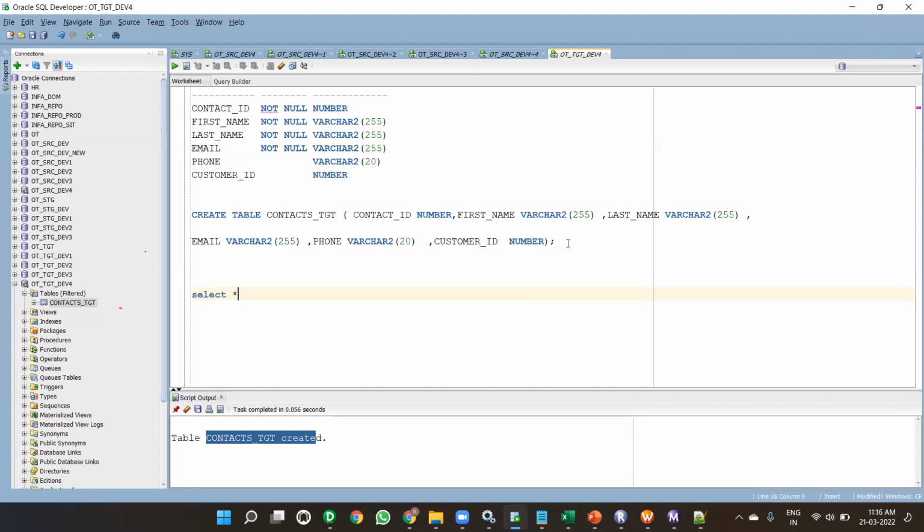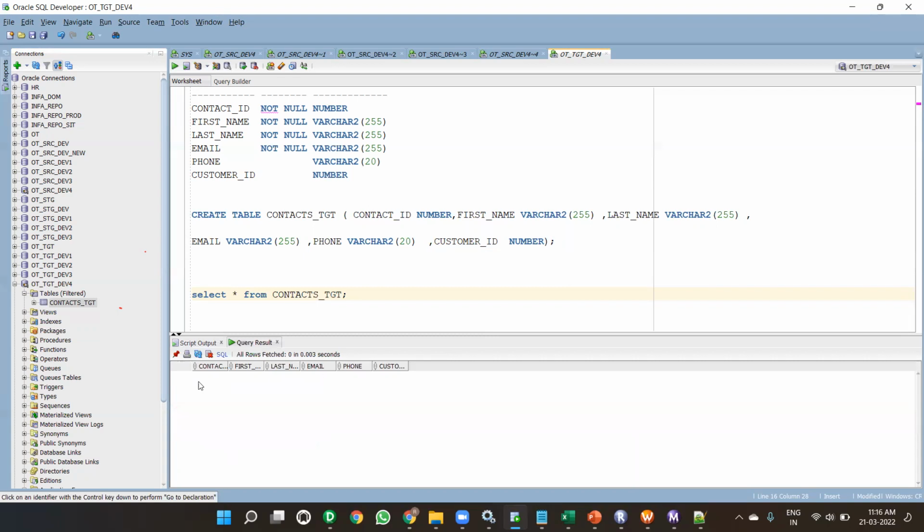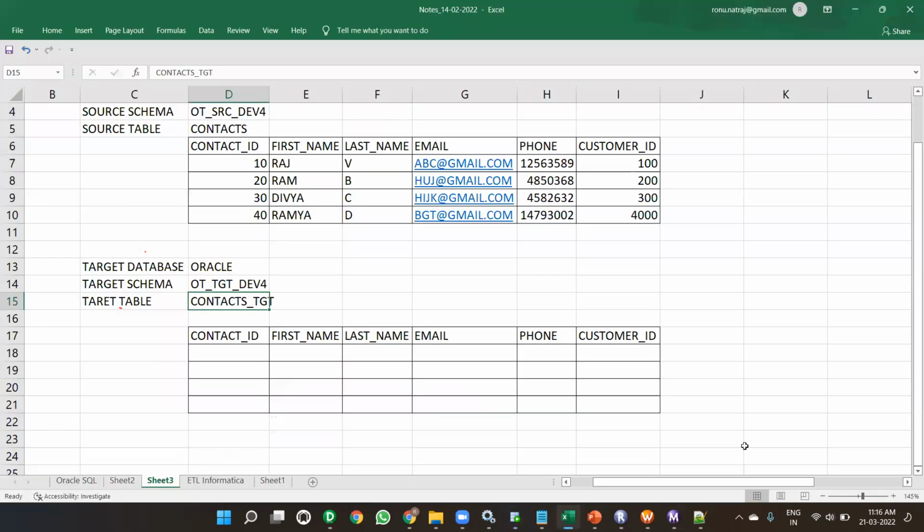Select star from contacts TGT. Execute. There are 0 records. There are 6 fields and 0 records. Yes or no? Now, by using Informatica,